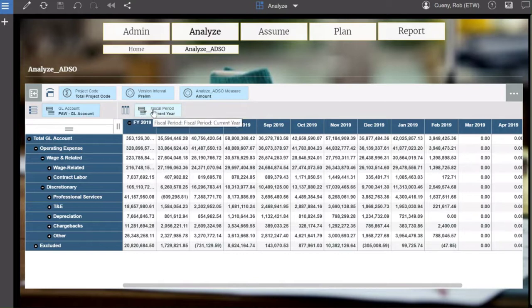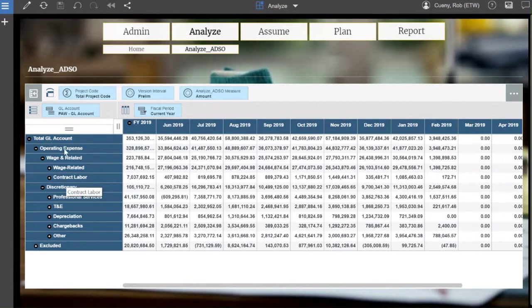And on the columns, we have the current year subset of the fiscal period. So for planning analytics, we have cubes, and a view is a specific orientation of a cube. The same goes for dimensions. A cube is made up of 2 or more dimensions, and we then have a subset of a dimension, which is just a small set of a dimension, or a limited view, or pardon me, a limited amount of elements in that dimension. So in this case, we have the total GL on the rows,